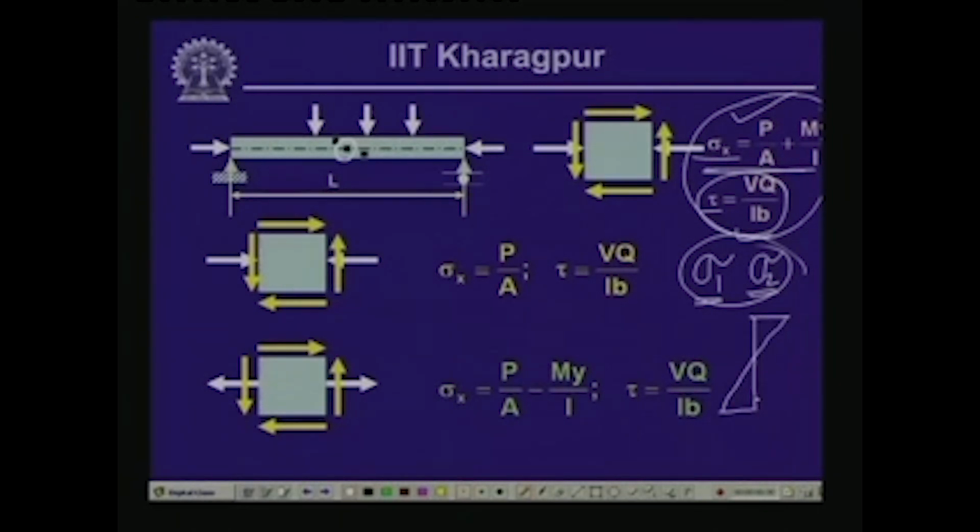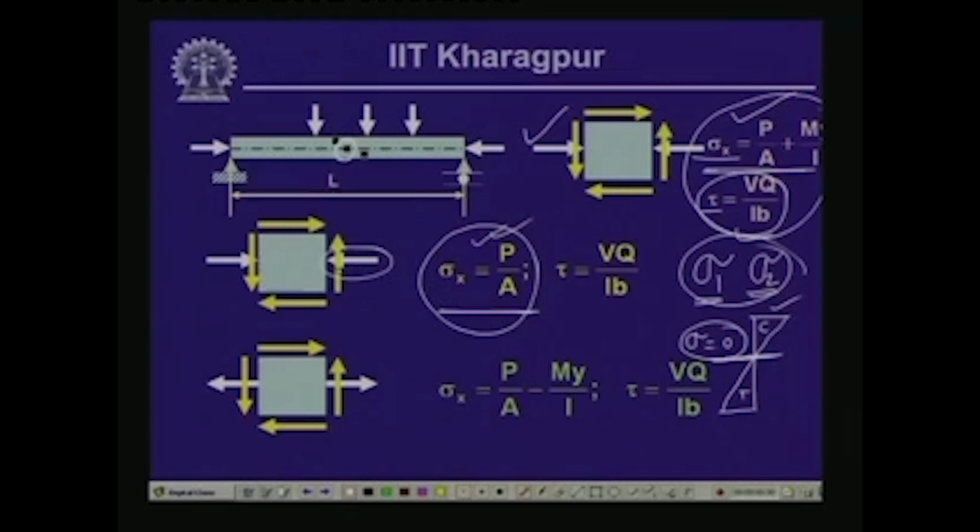As you know, when you compute the bending stress, it gives you a linear distribution with respect to the neutral axis. You get tensile and compressive stresses depending on the kind of loading you have. On the neutral axis, the value of the normal stress arising from bending is equal to 0. If you have a combination of axial and bending, then the normal stress along the neutral axis is only the axial stress, sigma x equals P by A, and there will not be any contribution from the bending along the neutral